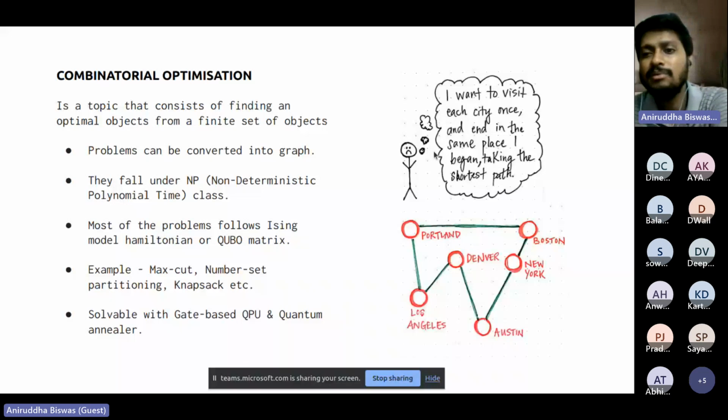Now, apparently the problem looks very simple, but once you increase the number of cities, the problem becomes intractable or computationally really intensive. I'm not able to recall exactly the number of possible solutions when you have a number of cities, but it grows exponentially, and because of that, the problem becomes really intractable for any classical computer. So this is one of the problems when we talk about an optimization problem.